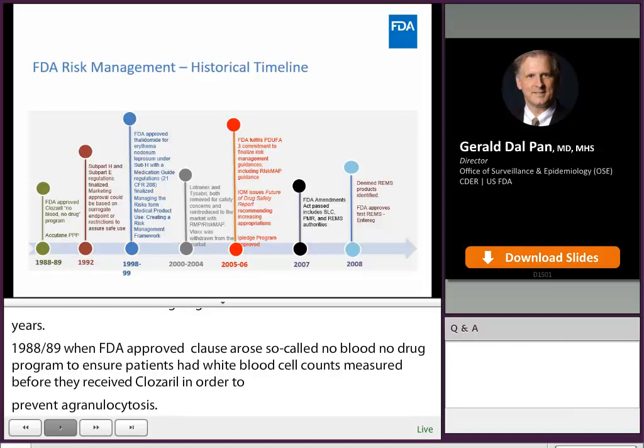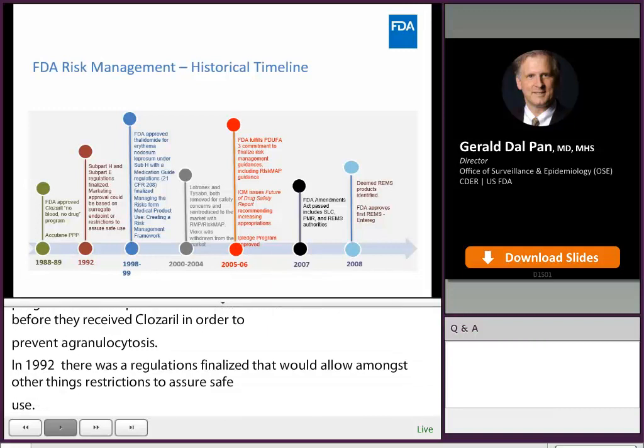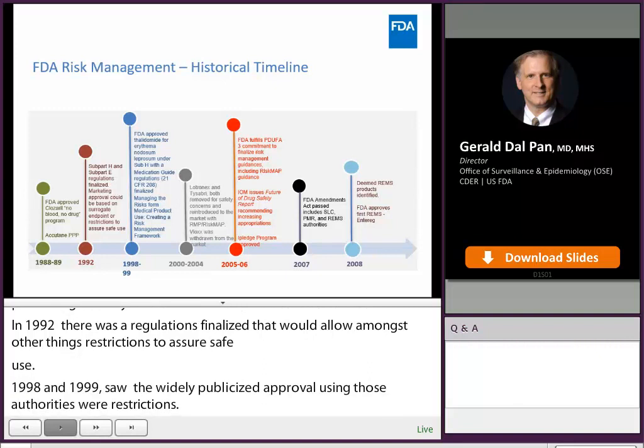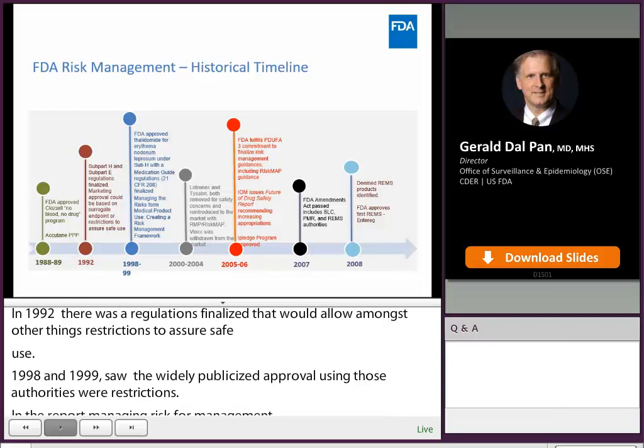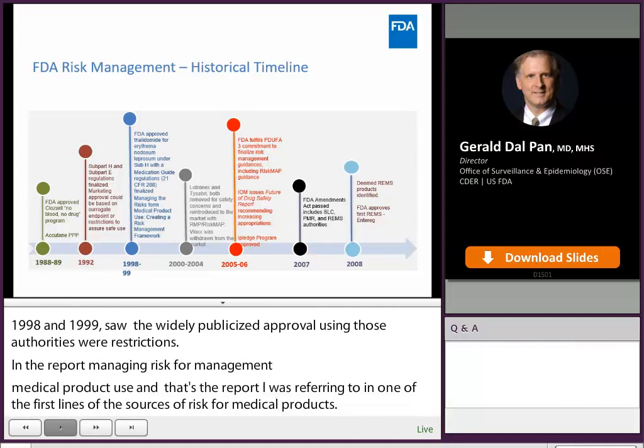1998 and 1999 saw some widely publicized approvals using those authorities for restrictions, and the report Managing Risks from Medical Product Use, Creating a Risk Management Framework was published, and that's the report I was referring to in one of the first slides on the sources of risk from medical products. In the early 2000s, there were some more drugs approved with risk management plans and risk maps, and some guidances were issued in